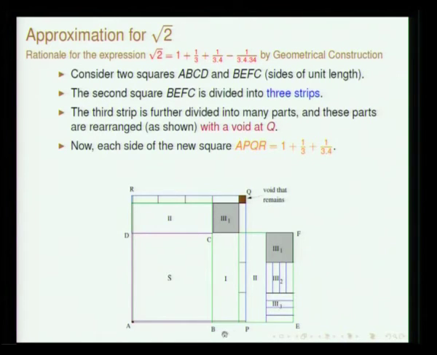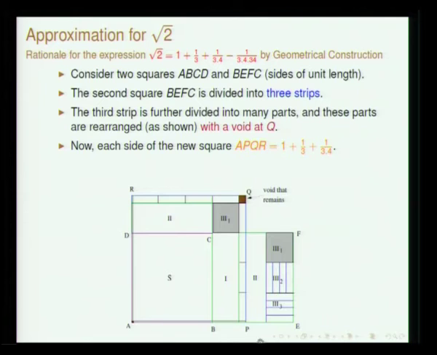The second square BEFC is first split into 3 parts, that is what this 1/3 is, and the third part you further divide into 3. This is further divided into 4 parts, see, 1/3 into 4. You place all these in 4 places, and these 4 you place here. So this goes there and occupies